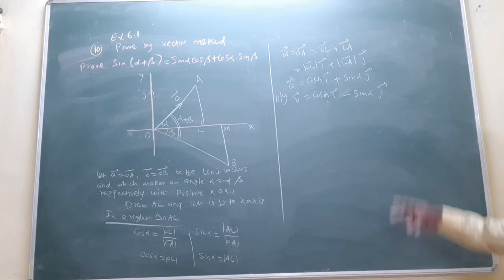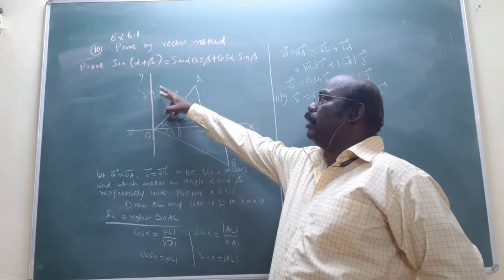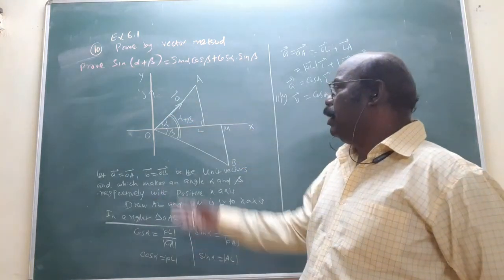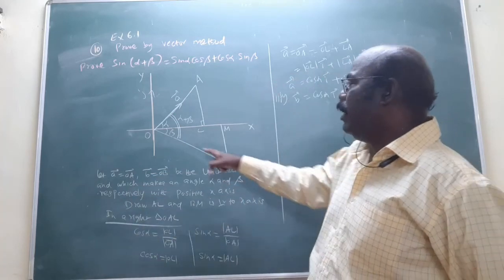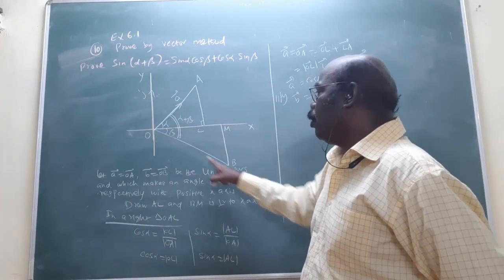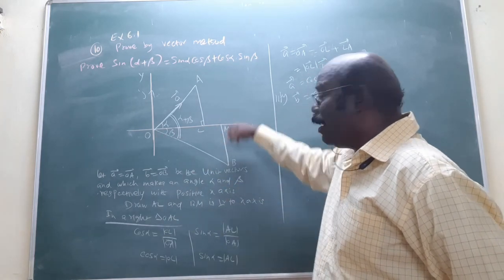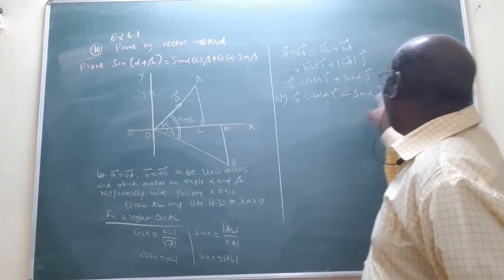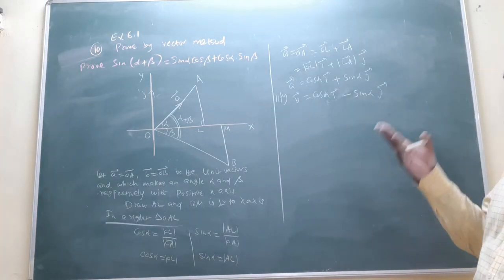What is the reason? The J vector is below the x-axis, that means the y-axis opposite direction, so it is the opposite, minus J vector. The OB vector comes as OM plus the MB vector downwards. That's why you will put minus J here.